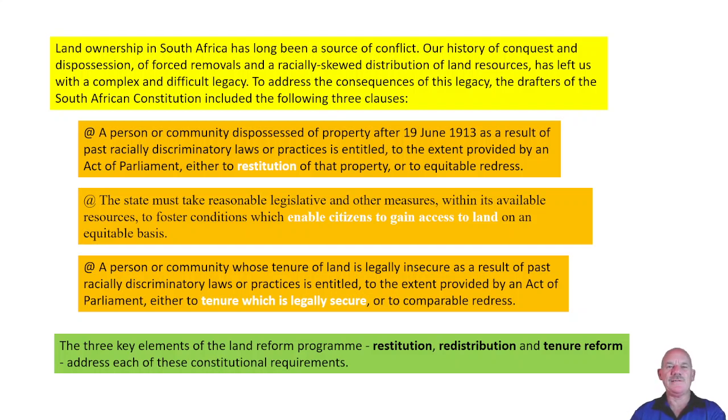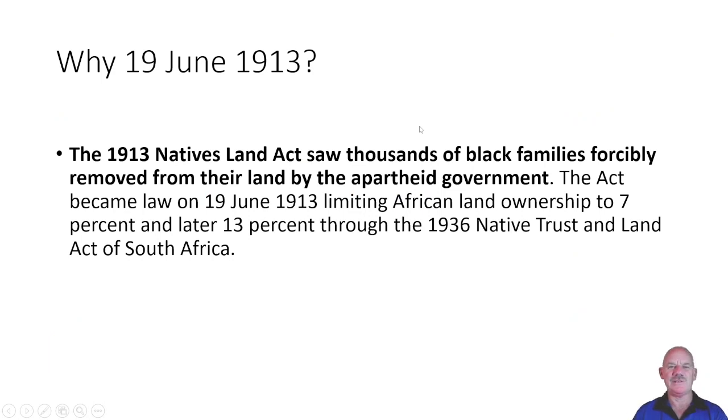We stopped the first video at this point, and we were talking about 19 June 1913. So why 19 June 1913? That's exact. There was another act in that year that came into power, which limited African land ownership to 7% of the total, and later to 13% through the 1936 Native Trust and Land Act of South Africa. Well, interesting to me